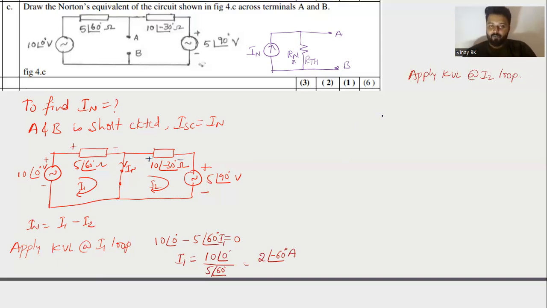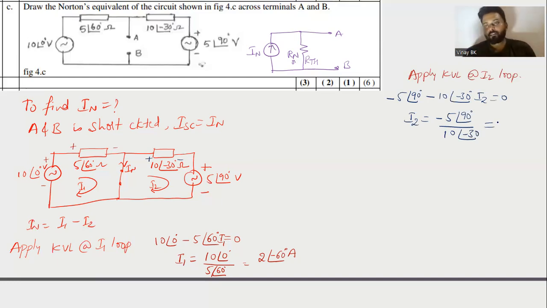So you can write minus 5 at an angle of 90 degree minus 10 at an angle of minus 30 degree into I2 equals 0. So that I2 equals